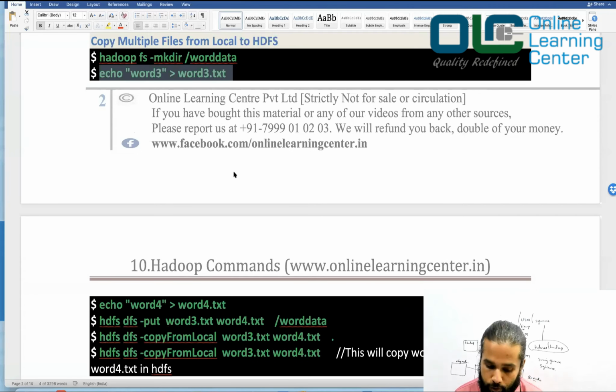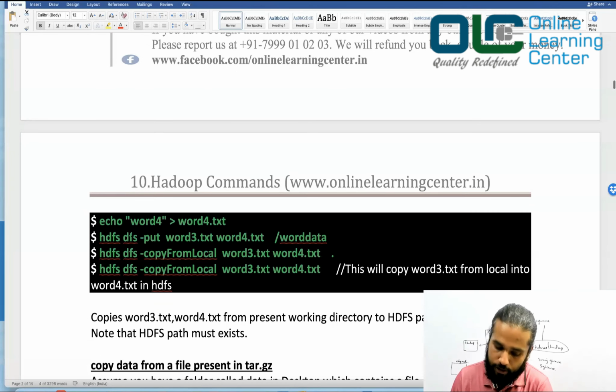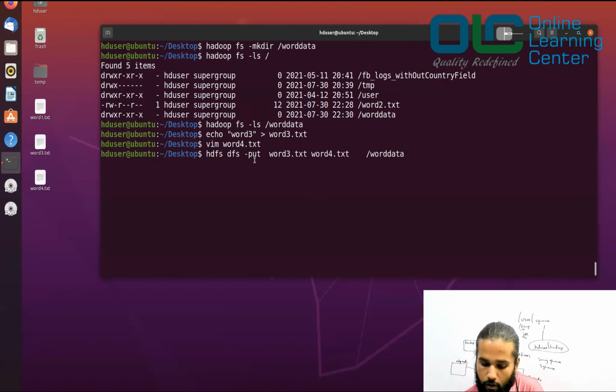Okay, now let's see what we want to do with this. So we have word3.txt, we have word4.txt. Now I would like to keep these two files into worddata, and worddata is the folder which we had created recently, right? So now my command would be this: hadoop fs -put or hdfs dfs -put, whatever works. I'm already in my desktop, right?